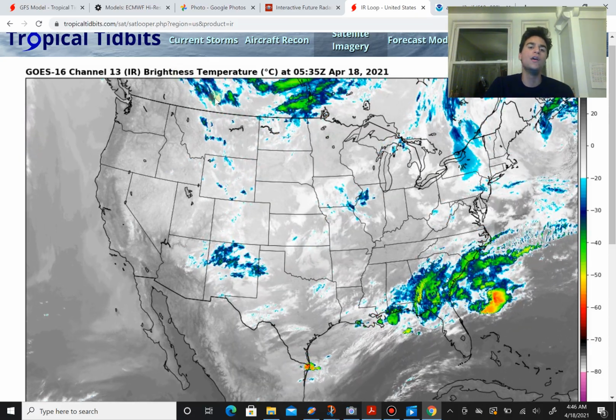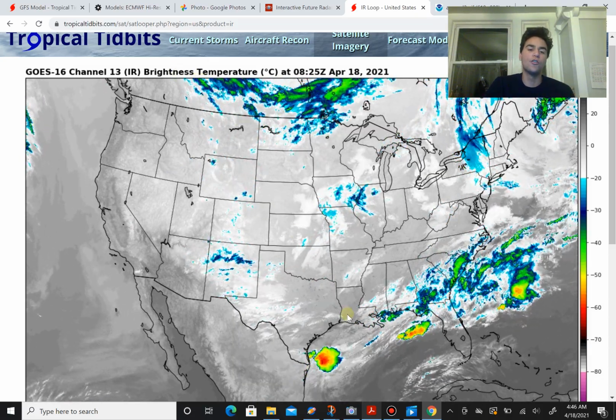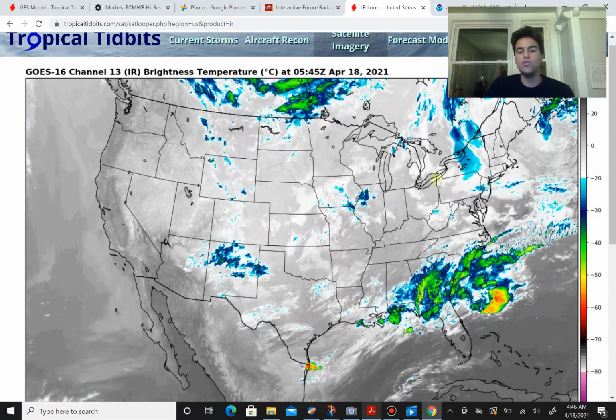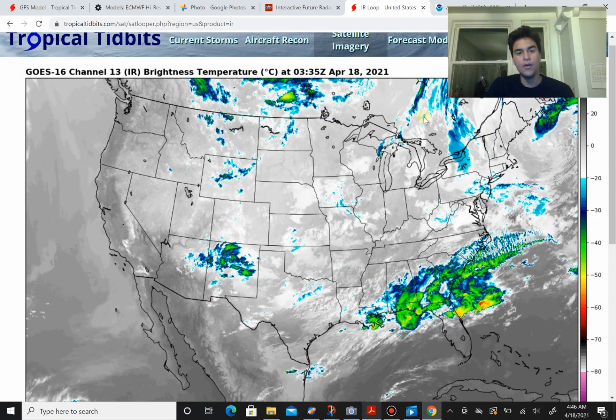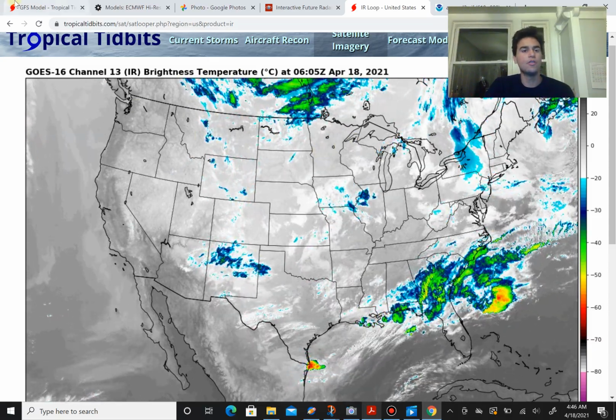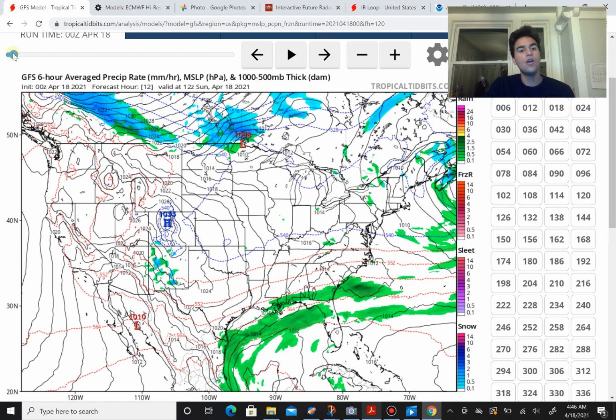as the main focus will be this next trough that's going to move further southward, and there's going to be an area of unstable air to induce a major snowstorm throughout the United States. So as you can see, mostly quiet for the United States, but that will quickly change once that trough moves